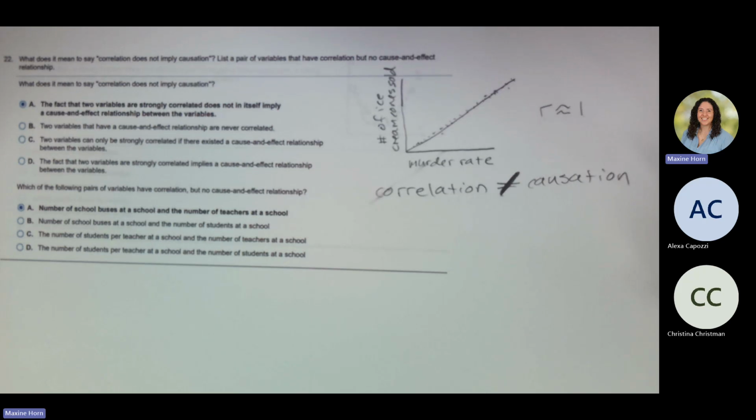Now, another thing that might happen is that two things don't have anything in common whatsoever, and it really and truly is just complete coincidence that the two things are correlated. Okay. So I know a lot of people don't like statistics, and it's a difficult class or it's a boring class. But one of the things that I think is so important about taking statistics is that it makes you a better citizen. You are a more informed human being and citizen of this country and of this earth if you understand, and we talked about this a little bit, I think in the first or the second chapter, about